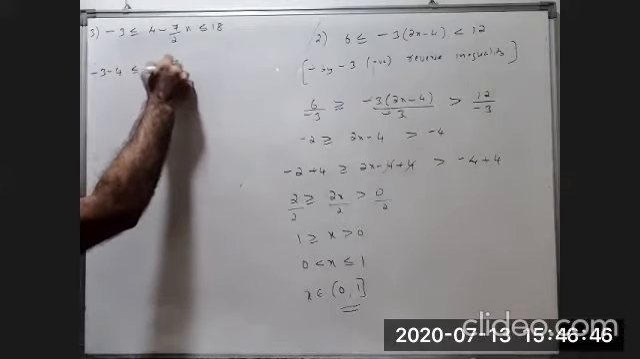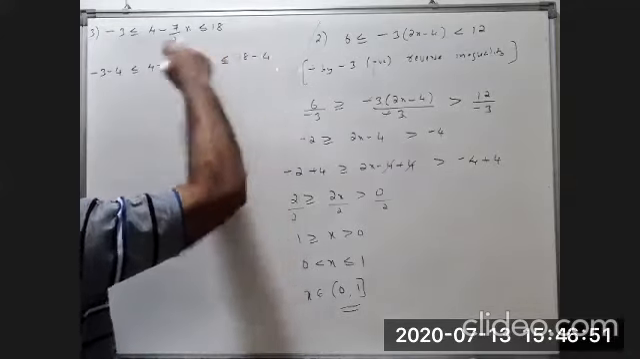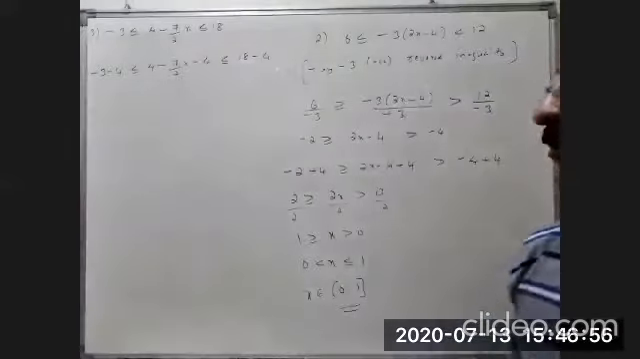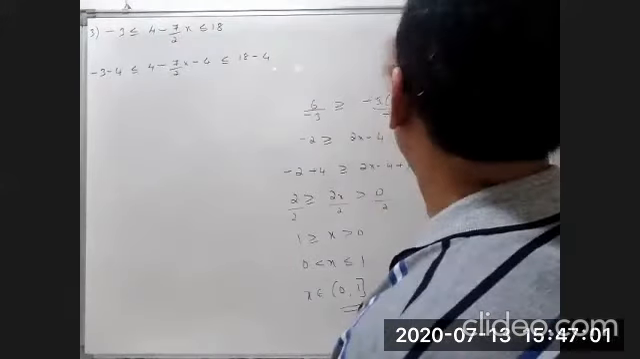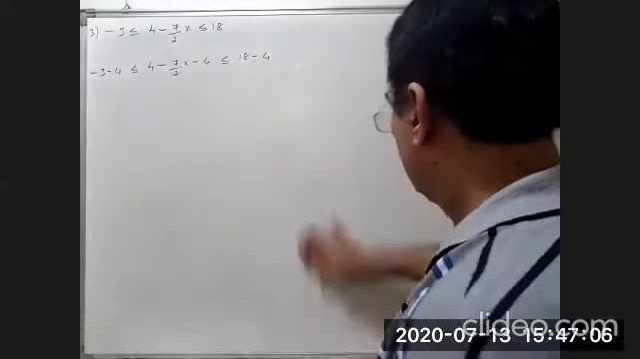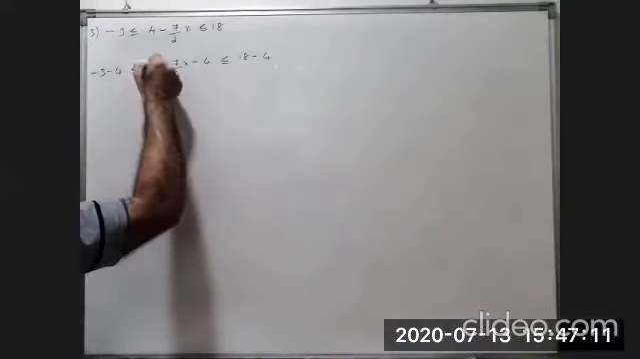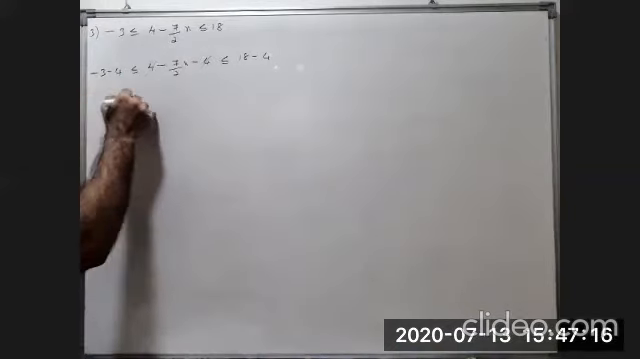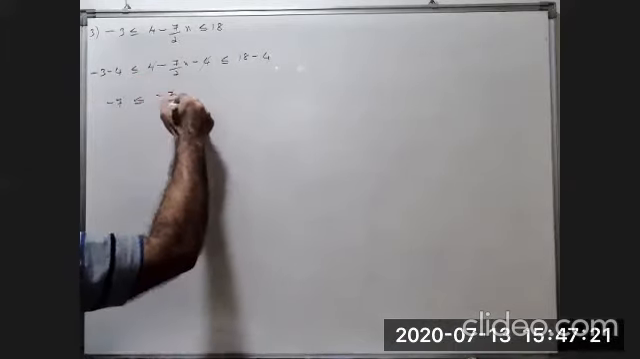4 minus 4 less than or equal to 18 minus 4. We subtracted 4 from all the 3 parts. So this 4 minus 4 cancels. -3 minus 4 is -7. -7 by 2x